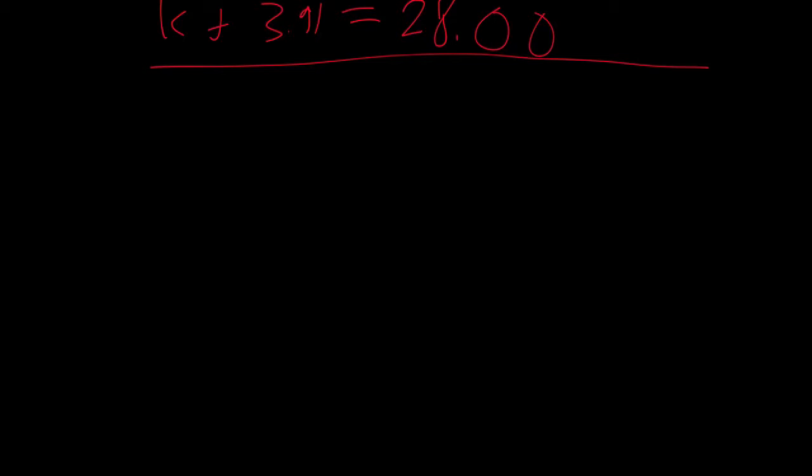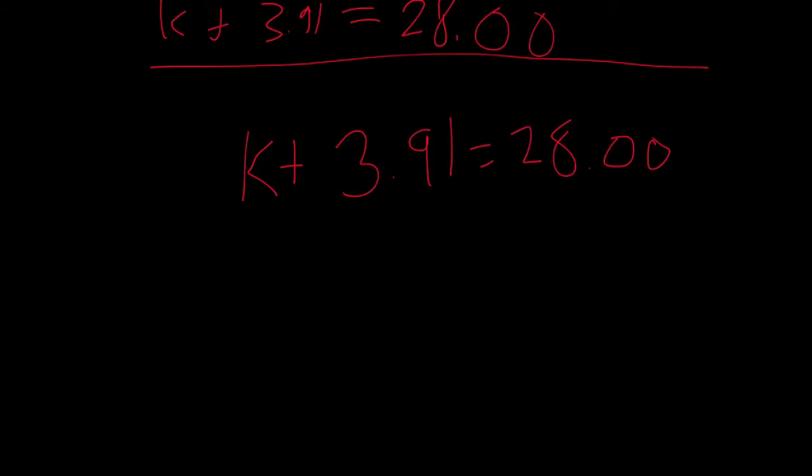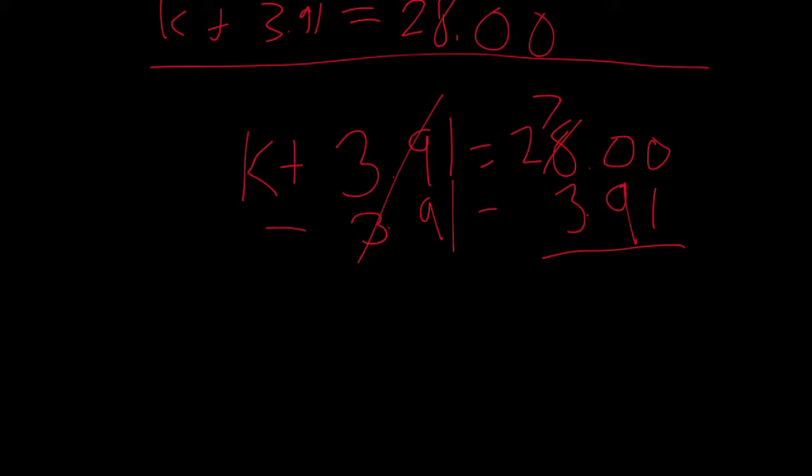Like before, we rewrite the problem. K plus 3.91 equals 28. Alright, so since it's an addition problem, we would subtract 3.91. 3.91 and 3.91 cancel out. 28 minus 3.91 equals